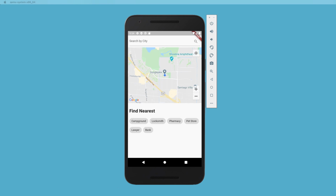So this one will find you, so it's going to use Geolocator to find where you are. I'm not at the Googleplex, but my emulator is set to that. And then we have these options down at the bottom, and when you click on these, it's going to find the closest item of that category. So if I want to find the closest pet store to the Googleplex,